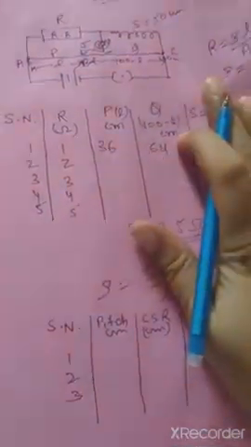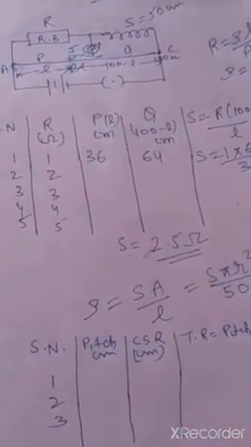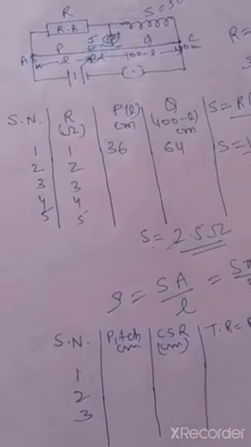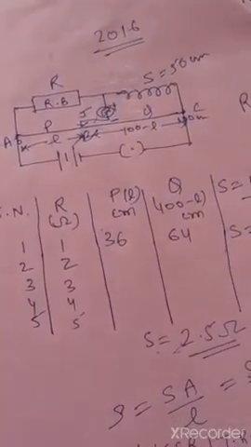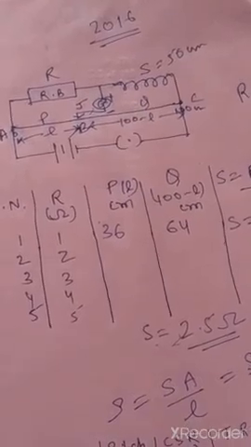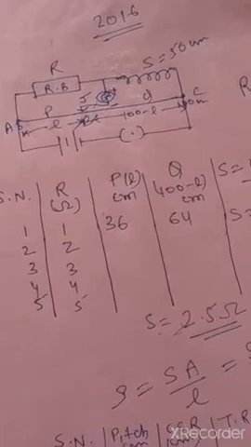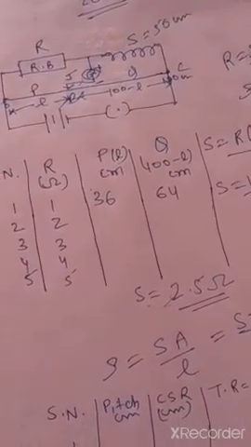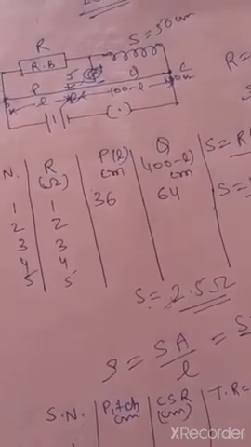So this is the experiment that you will do to find out the resistivity or the unknown resistance of a wire. So I hope the experiment is clear to you, and it will get more clear when you actually do the experiment. I don't know when we will get the chance to do the experiment. So for now, I have explained this topic so that at least you know how to do the experiment, how to make the tables, and take the readings. Everything is clear to you. And when you get the chance, you can do that experiment correctly.